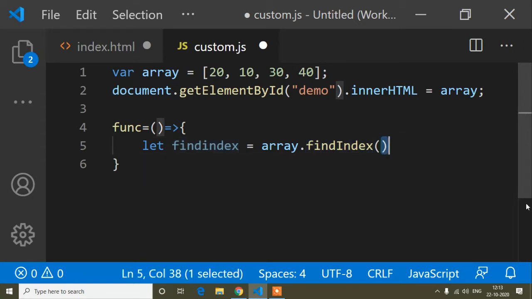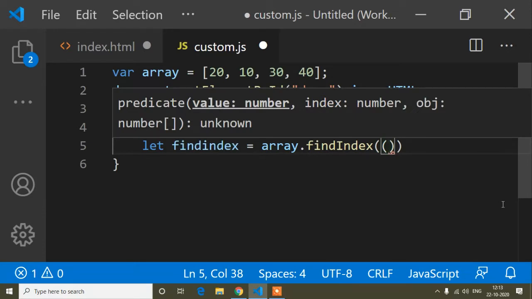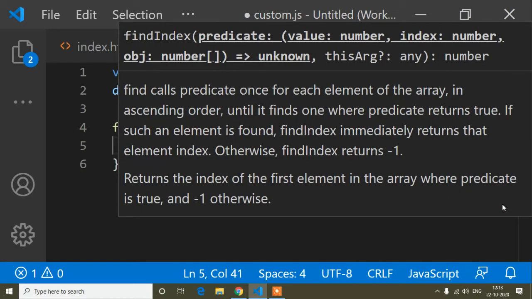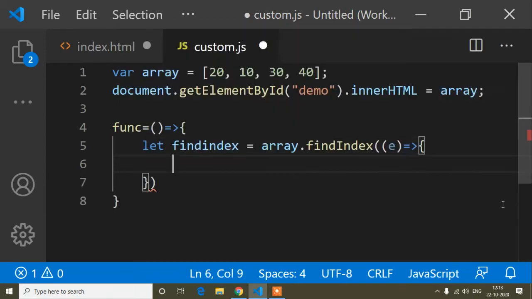This findIndex method takes a callback function. So inside this parenthesis I will take another parenthesis, and here I will write a function parameter name. In this I will write e, but you can write any name here, and again I will use an arrow function.